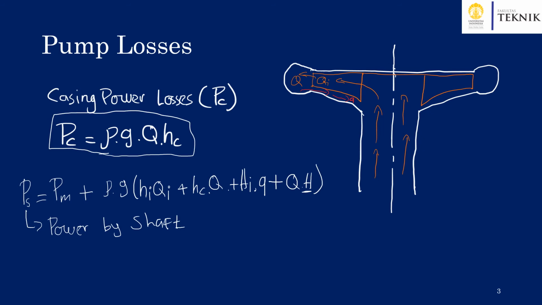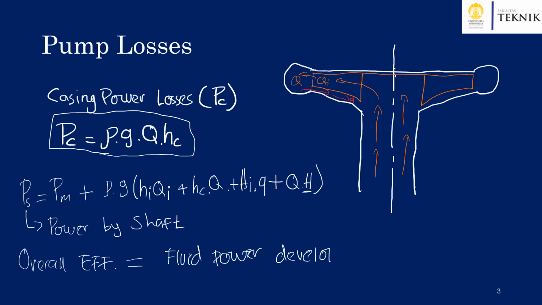So this shaft is being rotated by an electric motor. This is the amount of power an electric motor has to transfer to the shaft, and the shaft will transfer it to the impeller of the pump. So this is where we will have the overall efficiency, which is a function of fluid power